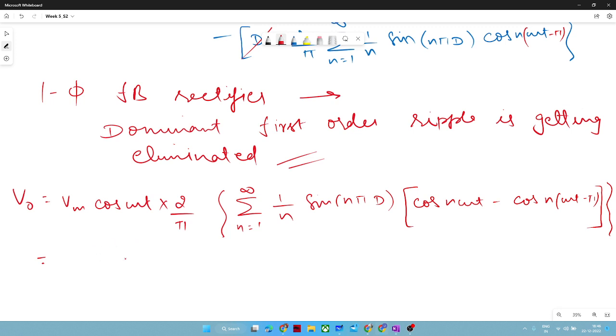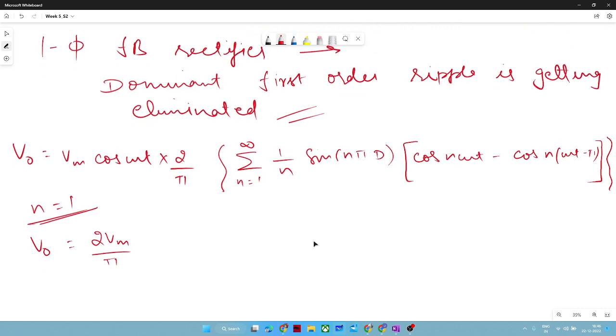So coming back to this question, to get only the DC component of V naught, which component of n will I take? It will be similar to the half wave rectifier. It will be n is equal to 1. If I put n is equal to 1, then we will get V naught in terms of 2 Vm by pi. Now it is converging with our initial knowledge. 2 Vm by pi cos omega t